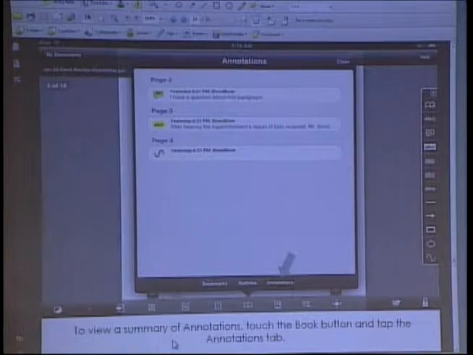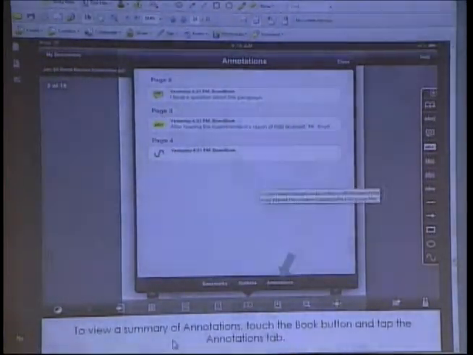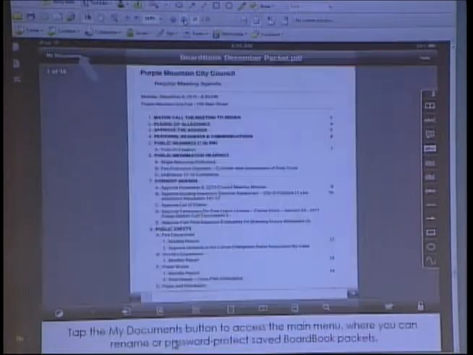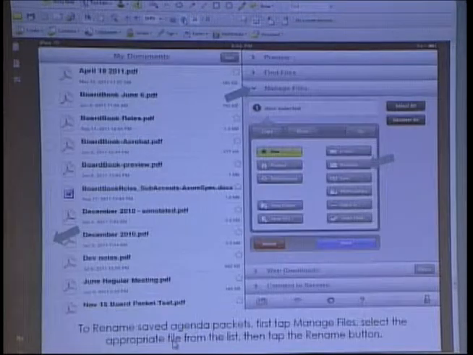There's a nice button in GoodReader on this book that shows your annotations. It's an annotation summary. So if you've made a note in a packet, you simply touch that annotation and it takes you to that page in the packet. There's some additional pages on how you can organize your saved packets and password protect them here at the back, which I won't go into tonight.